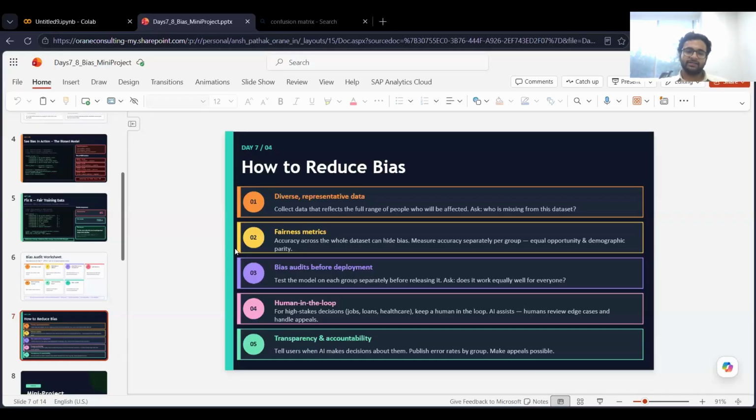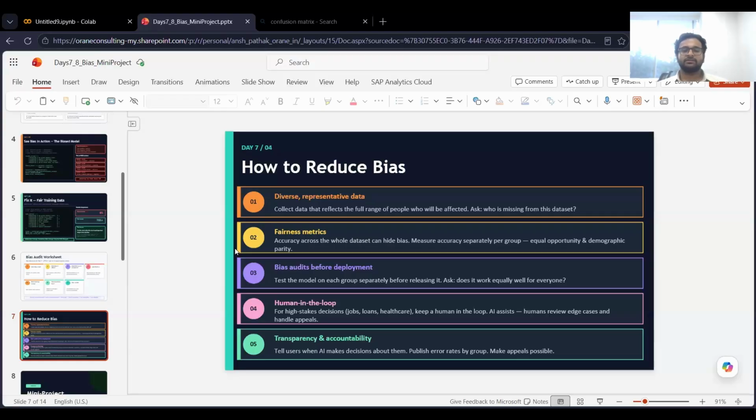A human in the loop for high-stakes decisions like jobs, loans, and healthcare is always really important. It matters in my use cases as well, which I'm implementing. There are scenarios wherein a human is required to verify whatever the AI is generating or extracting from a particular individual document, so that if the AI has extracted something wrong, the human in the loop can redo the edge cases and change them as per their needs.